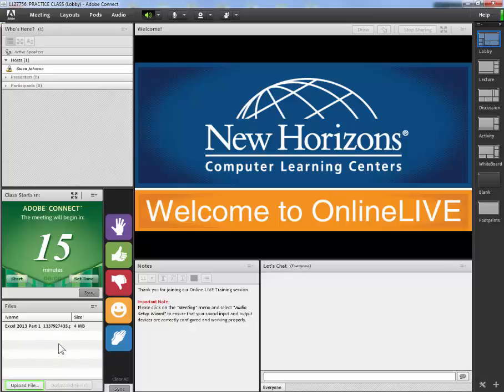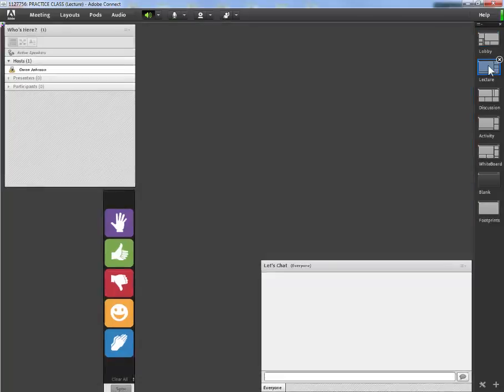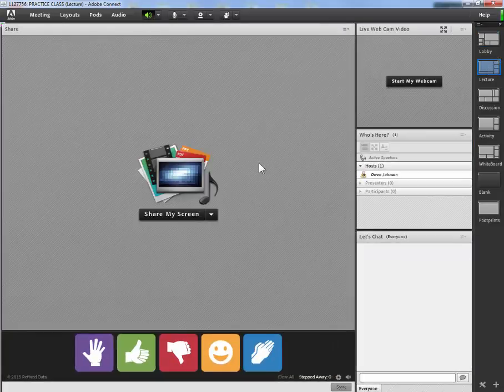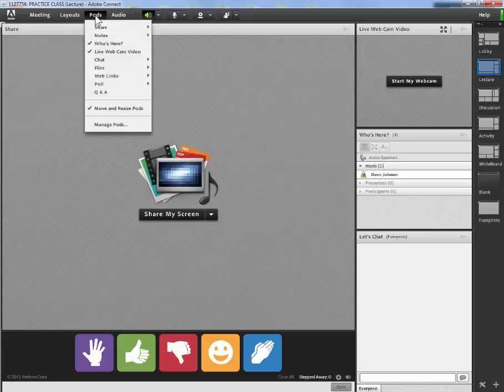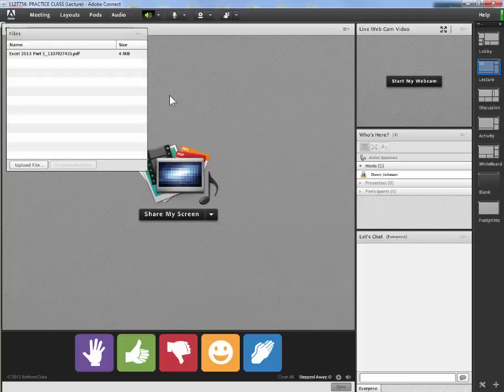When the file is done uploading, it is now available to all students. If I were to change my layout from lobby to, say, lecture, you may notice that the Files pod is no longer on the screen. To show it, I simply go to the Pods menu at the top, go down to Files, and choose Files. That brings the Files pod back on the screen, and the students will now be able to see it and